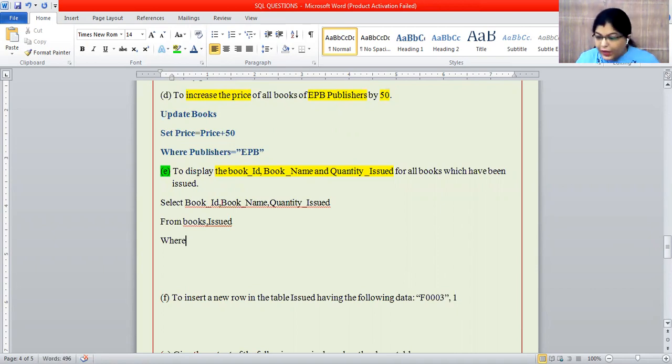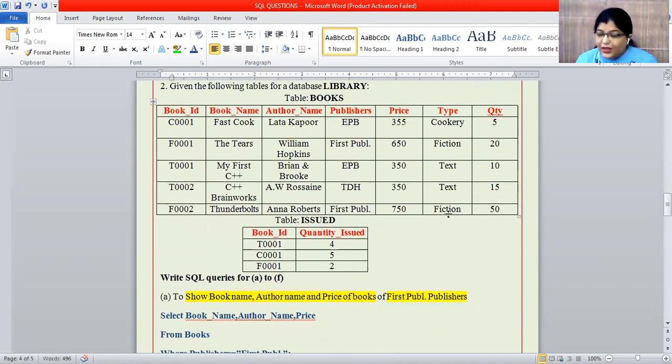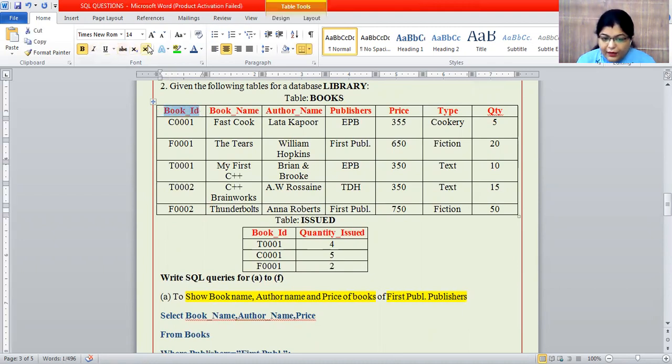Now they are not giving any condition, but we have to join these tables. So from which condition are they joining? See here, book ID is the same here and here also. In the first table, book ID is treated as a primary key, and in the second table, the issued table, this book ID is used as a foreign key.